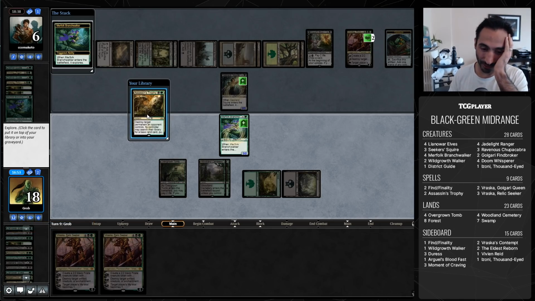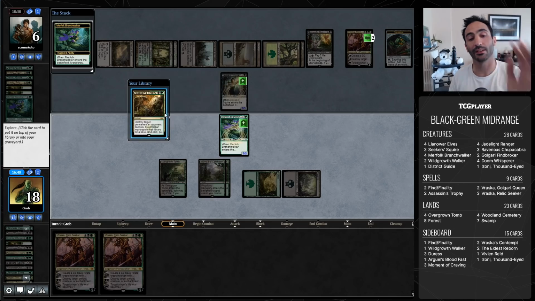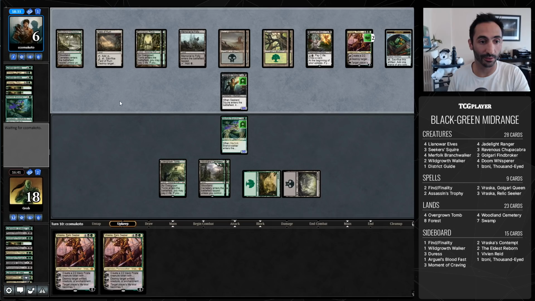And it's an Assassin's Trophy. So I think I can keep the Trophy to kill Vraska. And then have no land then. Yeah, I guess I'm gonna do that. It's pretty sad, but that's all I can do. The creatures are not actually that great, so...